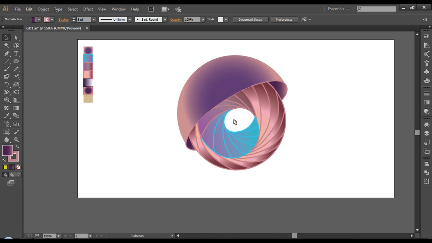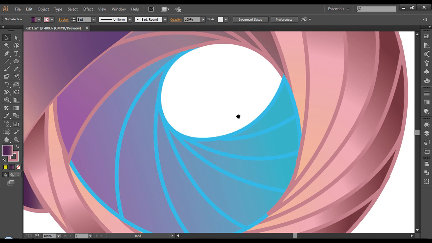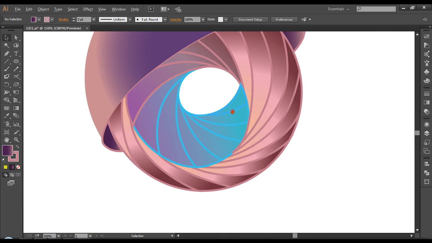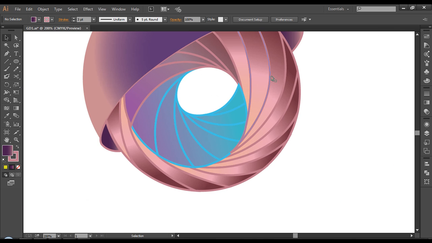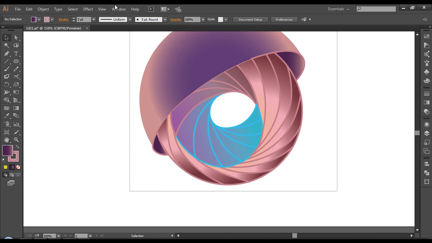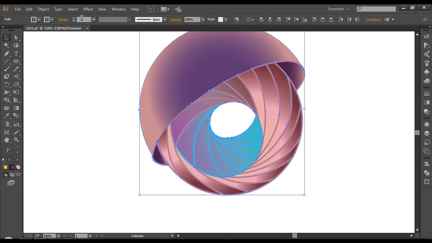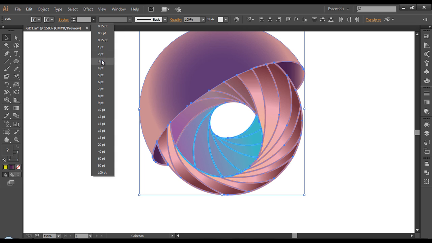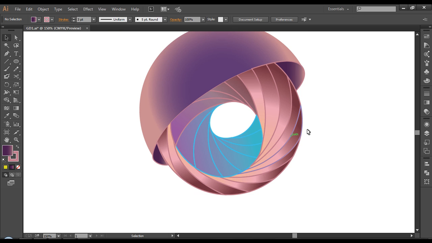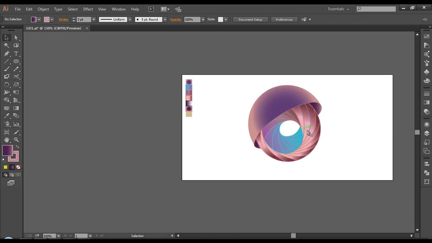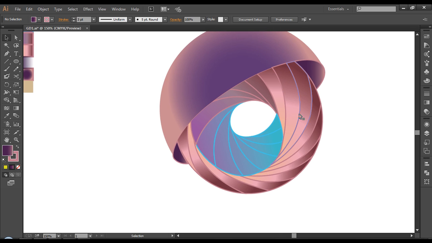So the next step is to create the shadow for each piece, and I think the stroke thickness is quite large. So overall I select all these and go to stroke and give it around 3, let's see, or maybe 3 is too large, maybe 2, and it's looking great now. Maintaining the stroke thickness according to your size is also very important. So let's do it now.